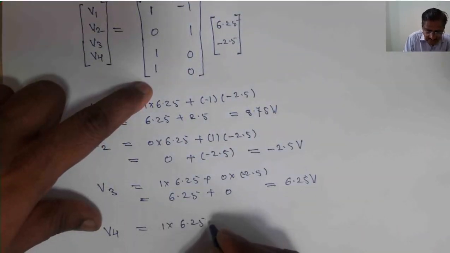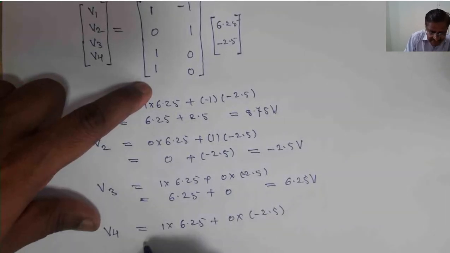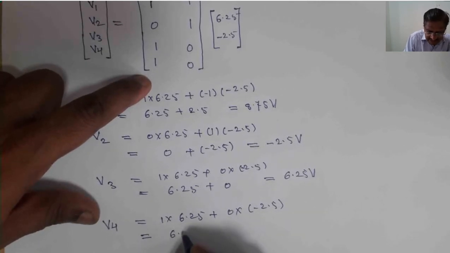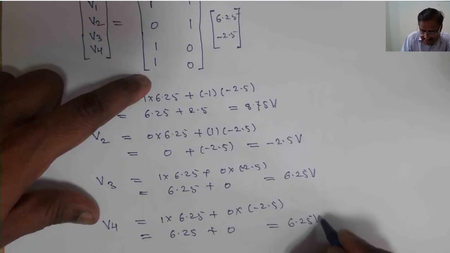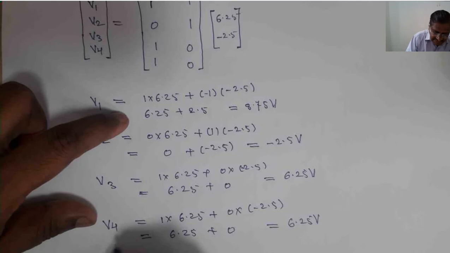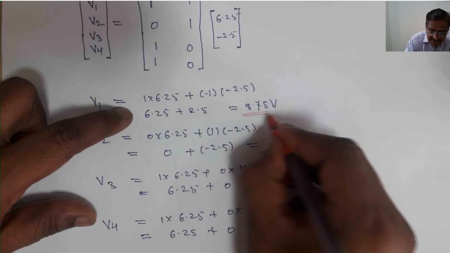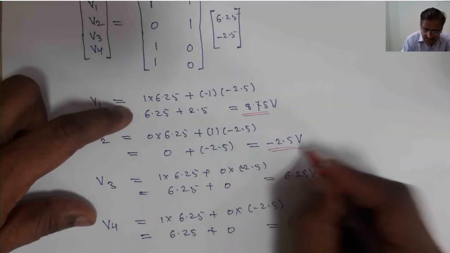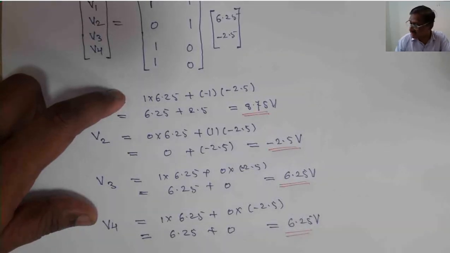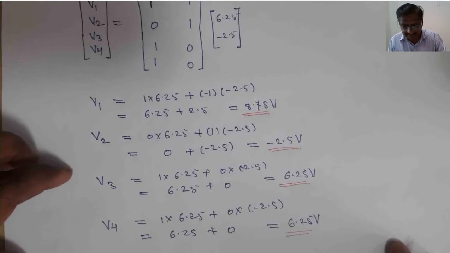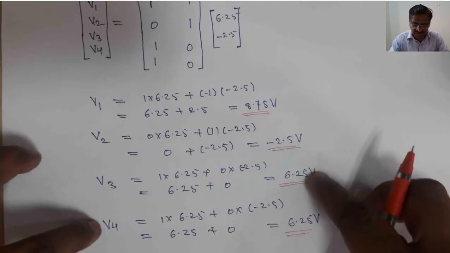This is 1 into 6.25 plus 0 into minus 2.5, which is equal to 6.25 plus 0, and this value is found as 6.25. In this case, the voltage V1 is 8.75 volt, V2 is minus 2.5, V3 is 6.25, and V4 is again 6.25 volt. That is the voltage across the first branch, second branch, third branch, and this is the fourth